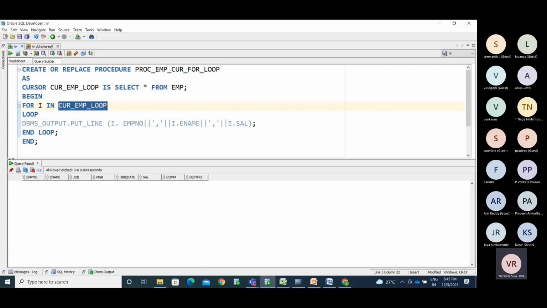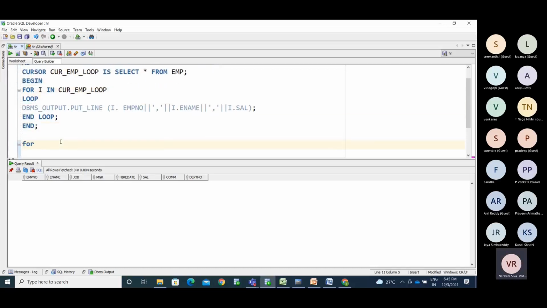So what will happen here? In the basic for loop, it is for I in 1..2, meaning the loop starts with the first iteration and goes to the second.